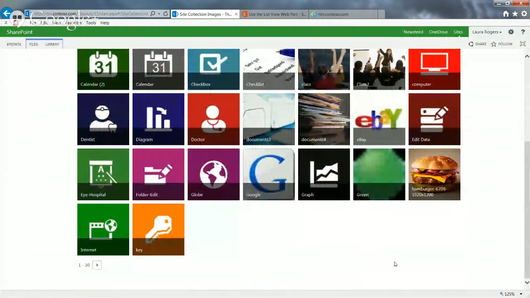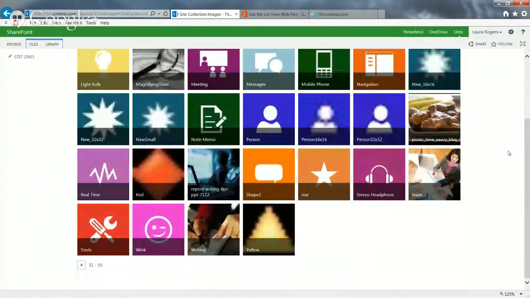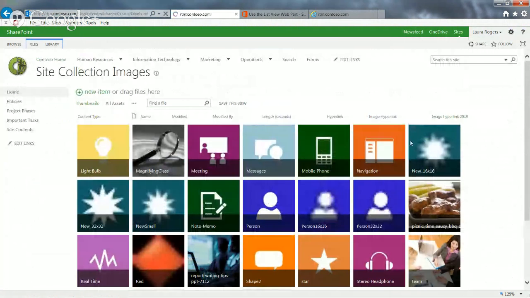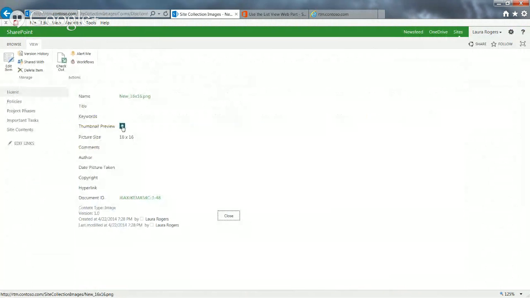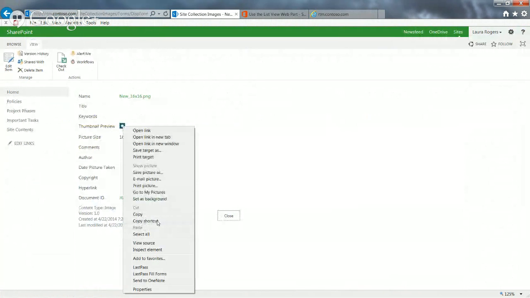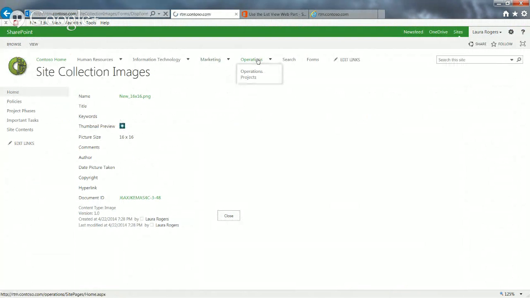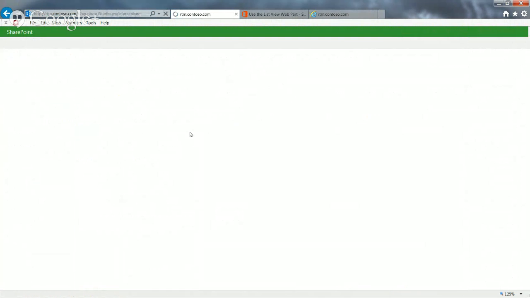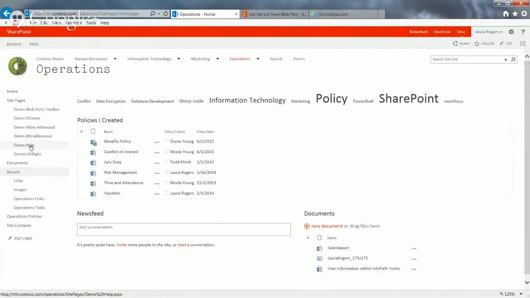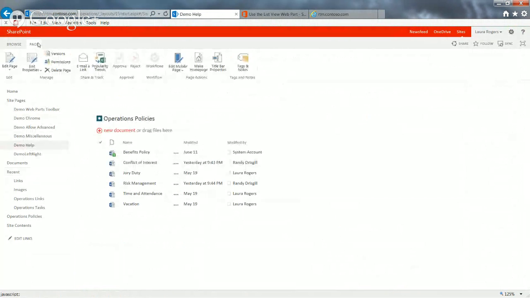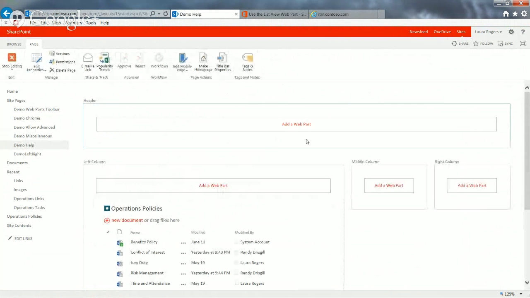Your image has to be 16 by 16. So I have this one that I use that's a 16 by 16 image, so it's a tiny little image, and it looks like a little star. I grab the link to that. I just copy the shortcut to it, and then I go back over to my operations page, and I go to the web part where I want to show it, and you see that's where I'm seeing it. But I went into the web part settings,